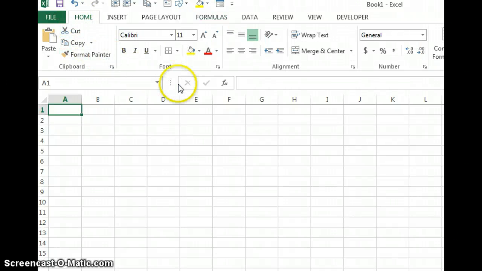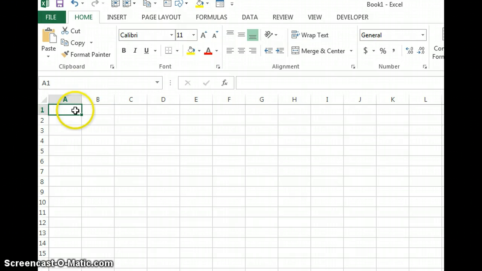Welcome to a quick screencast on getting started with making graphs in Microsoft Excel. Microsoft Excel is a spreadsheet program, and it's used a lot for working with numbers by businesses and scientists around the world. There are many features and functions in Microsoft Excel, and we're just going to scratch the very basic